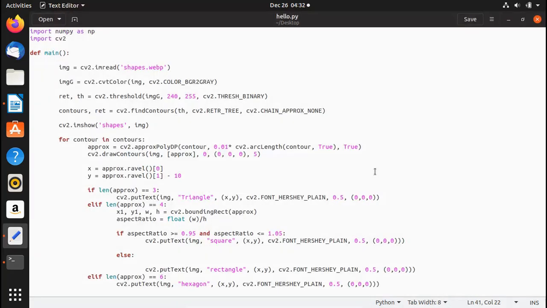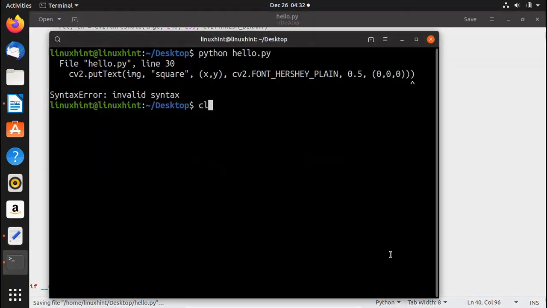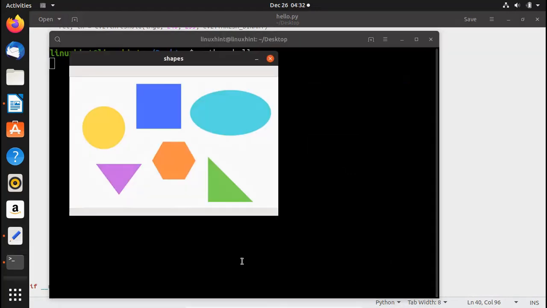Oh, we've got an extra bracket here. So just make sure that you don't make that mistake. So when I was copying, I copied it the wrong way, and I had an extra bracket with every cv2.putText. So make sure that you don't make such mistakes. So we save it and we go ahead to our terminal. Let me just clear it. We run our script, and here you can see